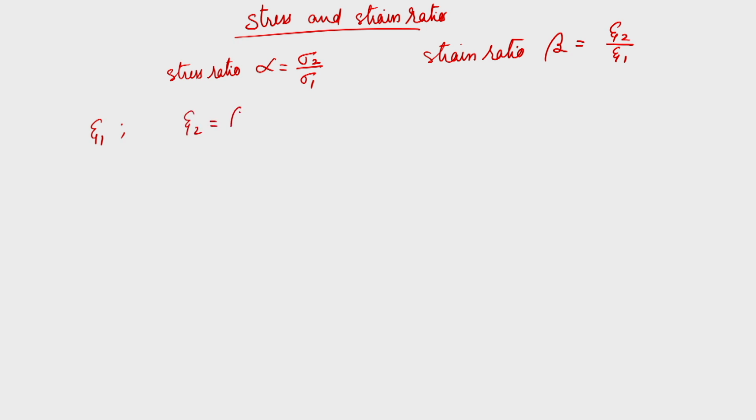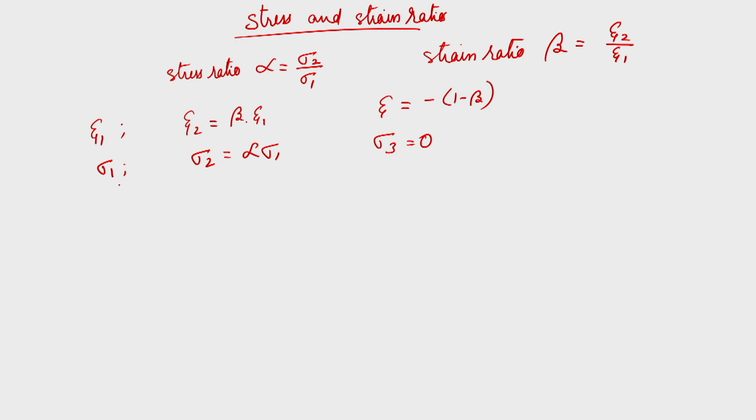Epsilon 2 is equal to beta into epsilon 1, and if you substitute beta into epsilon 1, epsilon 3 will be equal to minus (1 minus beta) into epsilon 1, because you substitute this, you will get the strain condition. And you have this sigma 1, and your sigma 2 will be equal to alpha into sigma 1, and sigma 3 in the third direction, the normal to a surface, that is 0.